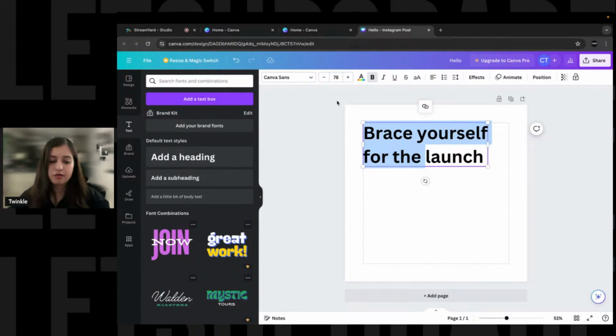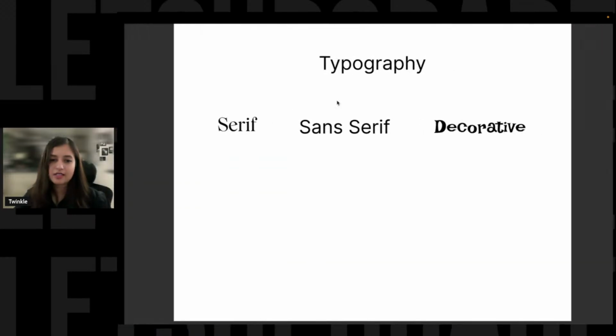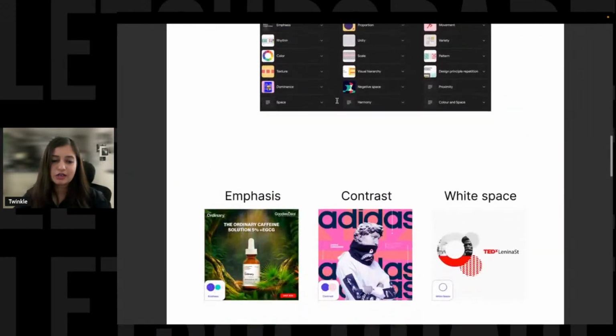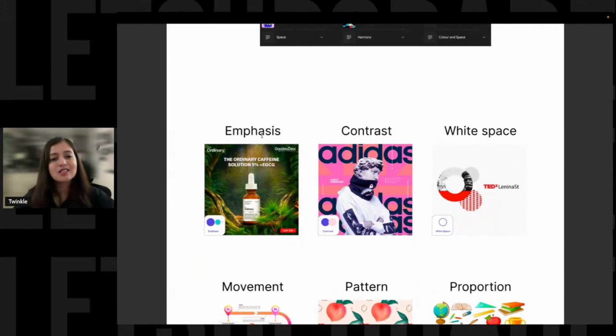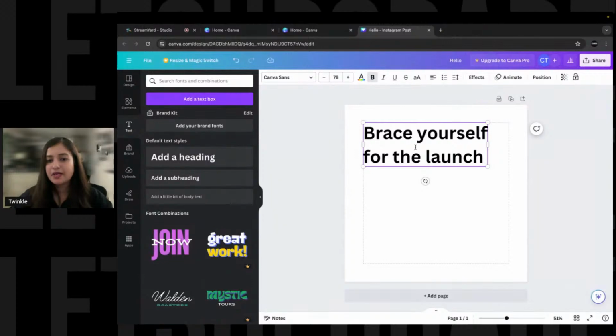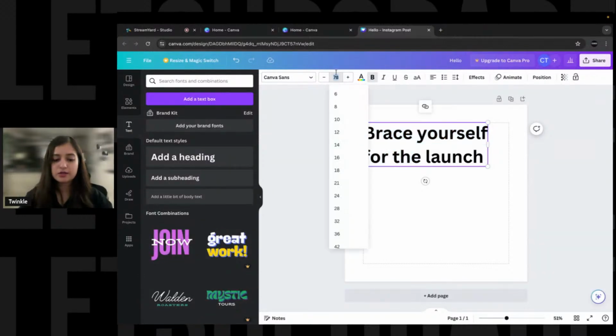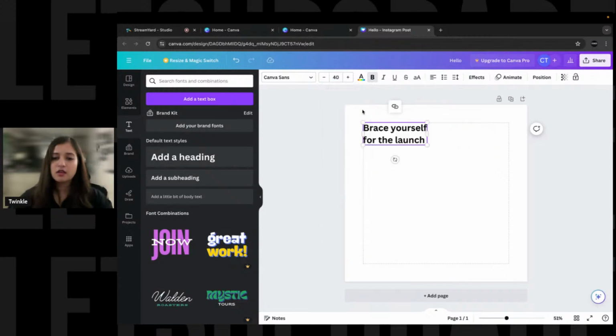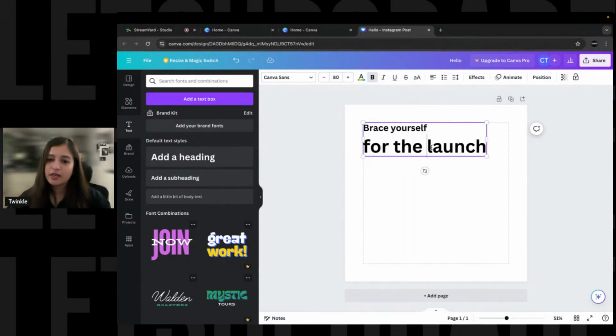Again, one of the rules or guidelines that we talked about when we talked about design principles is emphasis. How do I create emphasis in the design? Is by separating this word visually from the rest of the design elements, the rest of the text, right? I'm gonna make it 40. Let me see if I can just make this text 80. No, I did something wrong, right? I'm gonna click on this and click on 80. Okay, it's not letting me